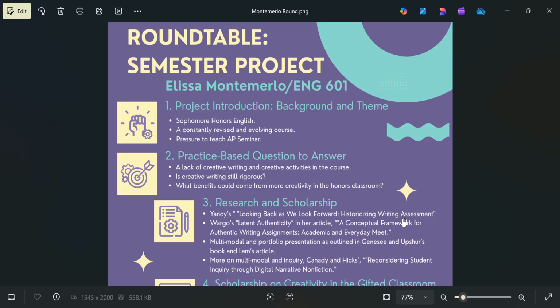Last year, the freshman honors teacher and myself worked hard to align our curriculum and ensured that there was a clear scope and sequence for our students' first 2 years in honors English. This has already proved to be beneficial, as I've noticed my students are better prepared for the expectations of sophomore honors, as it has enabled me to build upon these skills.